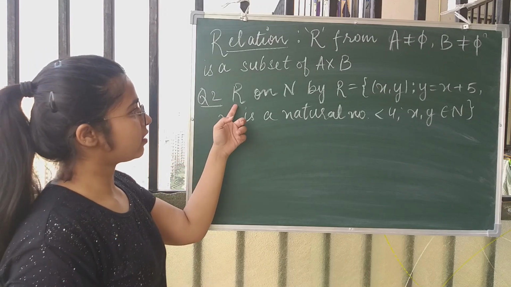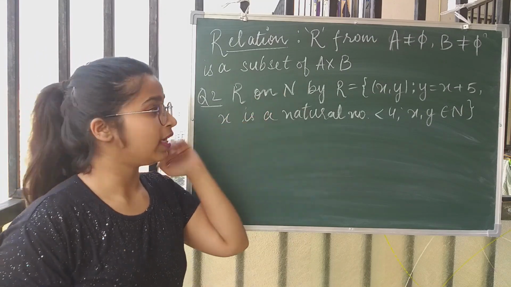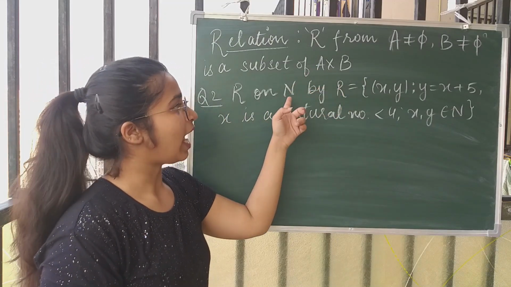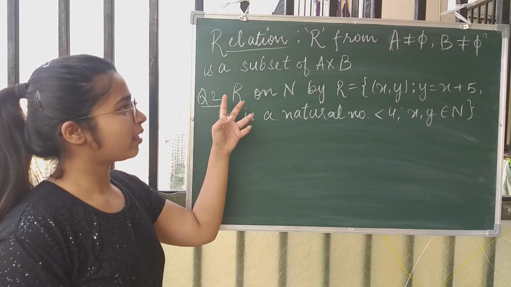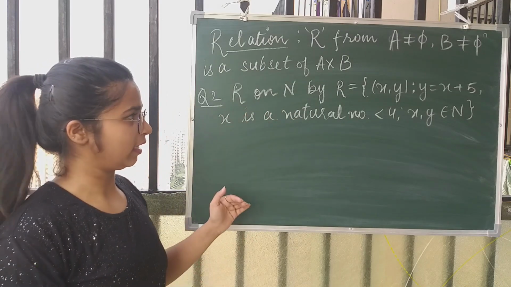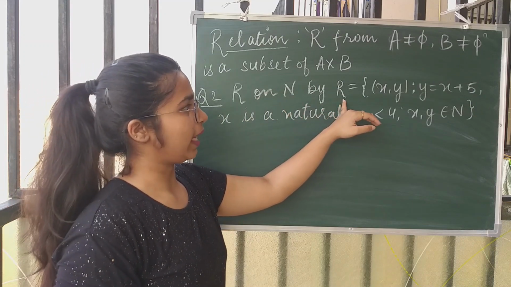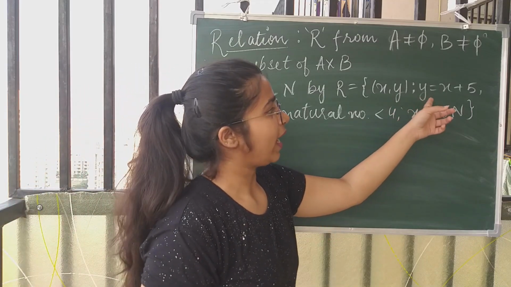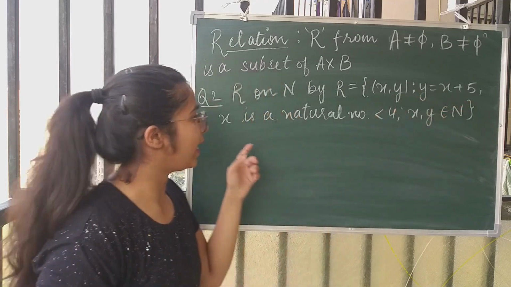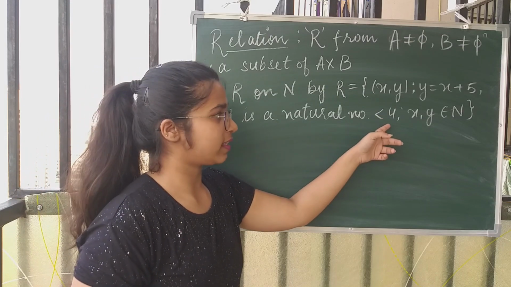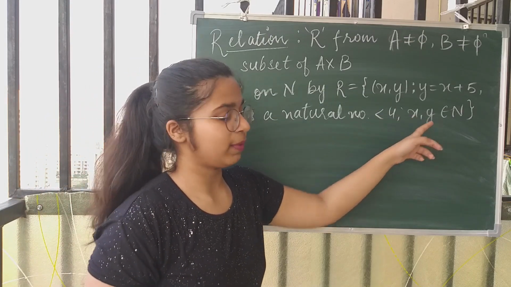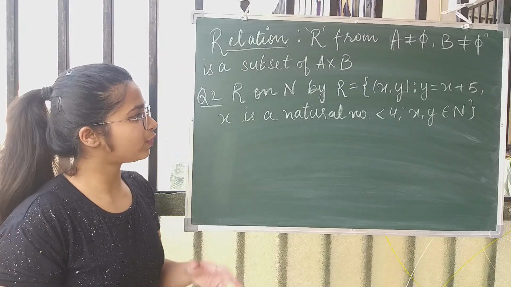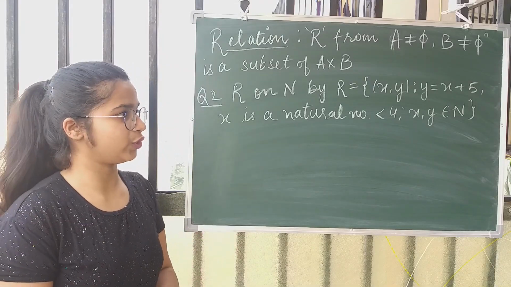It says that R is a relation on the set of natural numbers. That means जो ये relation R है, इसमें both of these sets are natural numbers only. So ये जो एक subset होगा वो होगा N cross N का. So this relation is defined by R has all those ordered pairs (x, y) where y can be written as x plus 5 and x is a natural number which is less than 4 and (x, y) belongs to the set of natural numbers. So if we have to find all the elements in this relation, तो उसके लिए सबसे